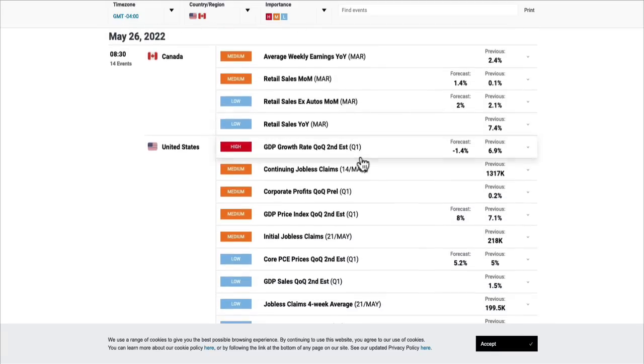On the 26th, we get our second look at first quarter GDP. The read was negative 1.4%. But keep in mind, we did break that apart. The consumer was strong. We had negative growth in Q1 because of negative growth in government spending. Good. But all of that inventory hitting the U.S. all at one time, that big onslaught of imports.